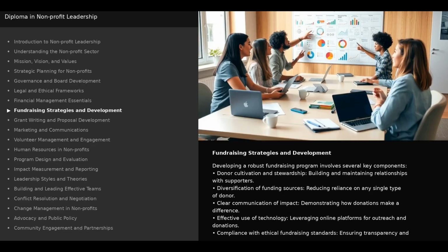Developing a robust fundraising program involves several key components: donor cultivation and stewardship, building and maintaining relationships with supporters; diversification of funding sources, reducing reliance on any single type of donor; clear communication of impact, demonstrating how donations make a difference; effective use of technology, leveraging online platforms for outreach and donations; compliance with ethical fundraising standards, ensuring transparency and